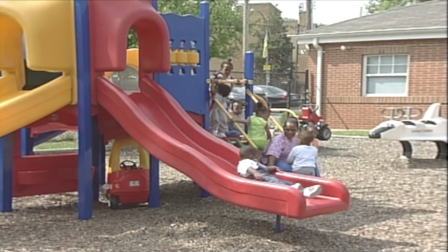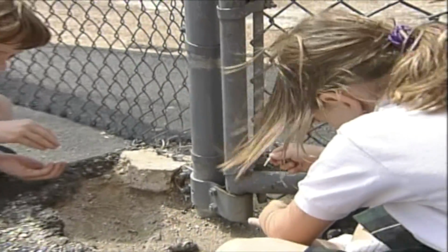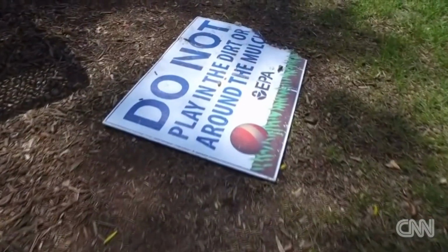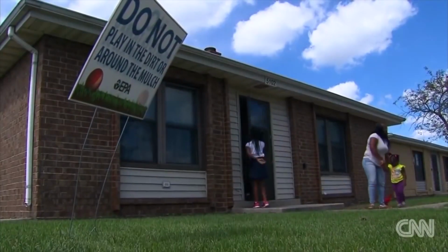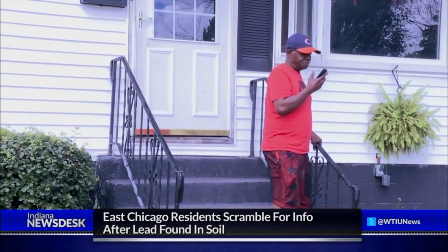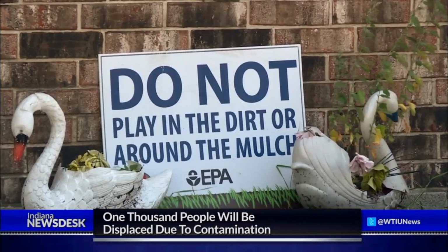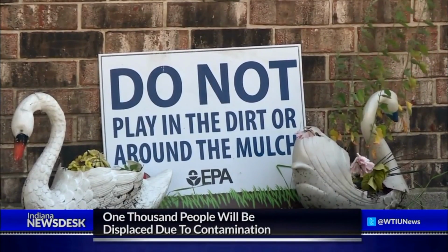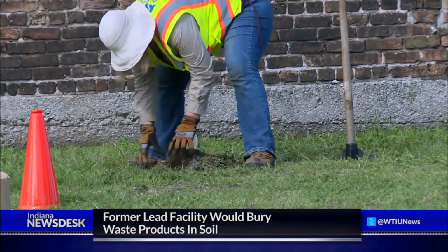As an adult, seeing neighborhood children running and playing outside, turning cartwheels in the grass, or digging in dirt is delightful, unless the soil they're playing in is potentially toxic and deadly. Unfortunately, this is the case for hundreds of residents in East Chicago, Indiana, who live in housing complexes where the soil's lead level is so toxic that it's estimated to be 30 times higher than what is considered acceptable for